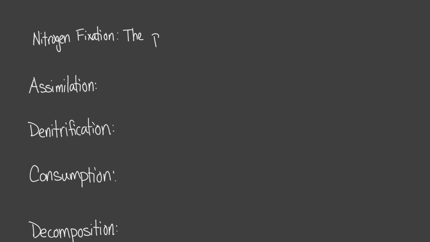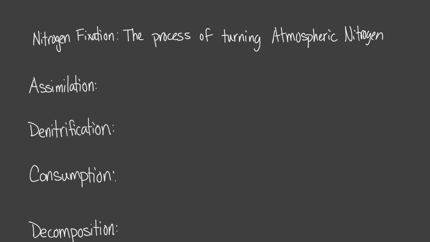is the process of turning atmospheric nitrogen into a form usable for life. So then these forms could be ammonia, ammonium, they could be nitrates, but we're not going to worry about that level of detail. Just in general, nitrogen fixation is the process of turning atmospheric nitrogen into a form usable for